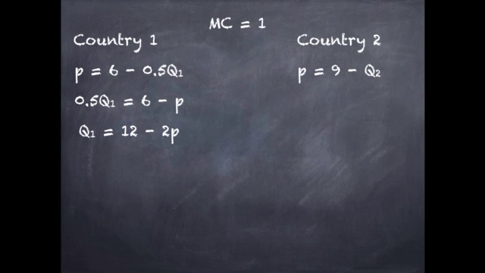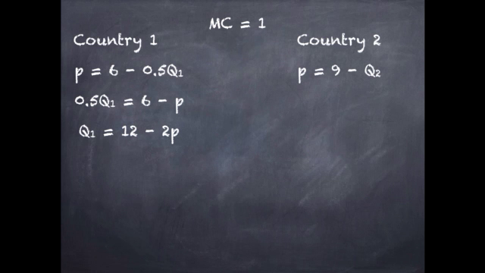Once the price falls to 6 or below, we have to add the demand curves from country 1 and country 2 together in order to get that particular demand curve. In your textbook, when they talk about a single price monopoly, you see a kinked demand curve. That represents the fact that for prices above 6, we're only concerned with country 2. But for prices at 6 or below, the demand curve is represented by countries 1 and 2, and we're adding